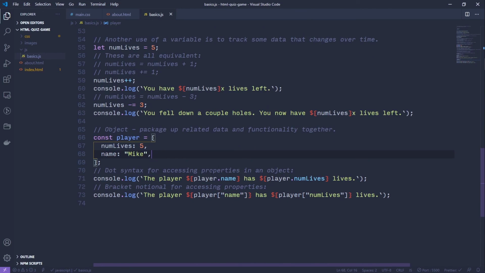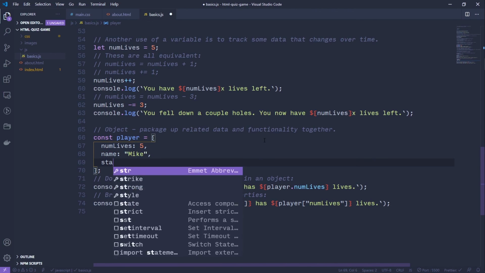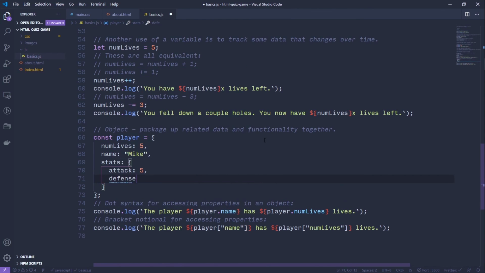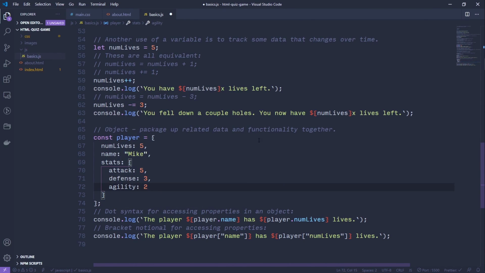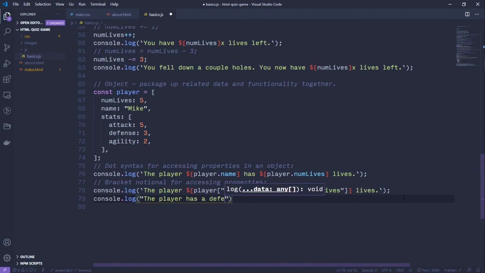So it is also common to have objects that have nested objects within them. So for instance, if our player also happened to have stats associated with it, like attack and defense and agility, here we have now defined a stats property, which is just an object. So if we want to reach into the player and say read its defense, we are going to do something like this: console.log. The player has a defense of,